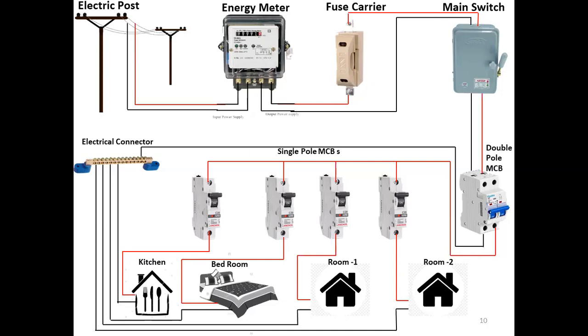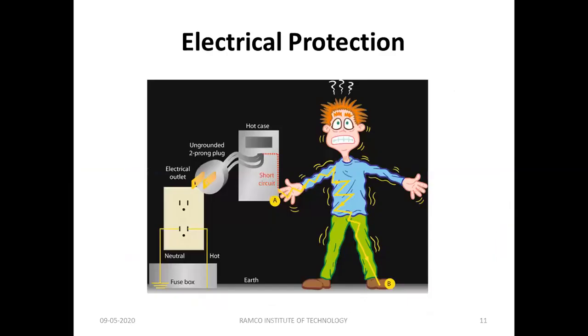So what are all the protection devices? Electrical protection plays a major role. Without protection, we cannot imagine the electric circuit, right? Everything is protection. Even if you take a small amplifier, at the back side of your amplifier there may be a small glass fuse. That is meant for protection. Nobody trusts general electric circuits, so everybody designs their product with protection. That means small glass fuses are available at the back side of the instrument or any device, right? So protection is very important.